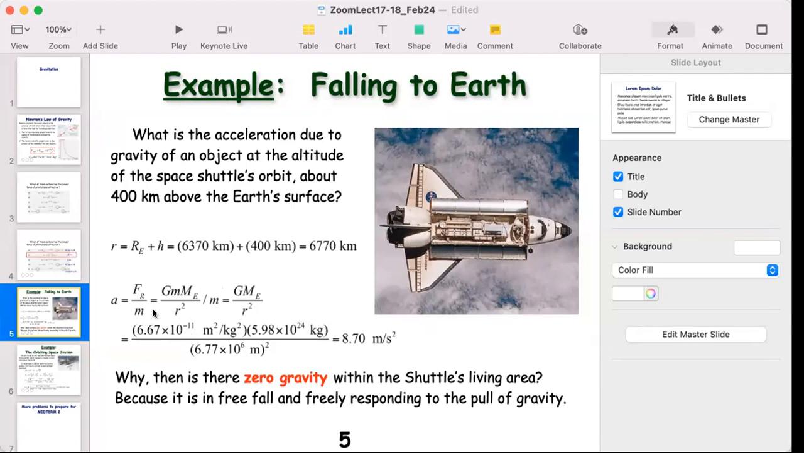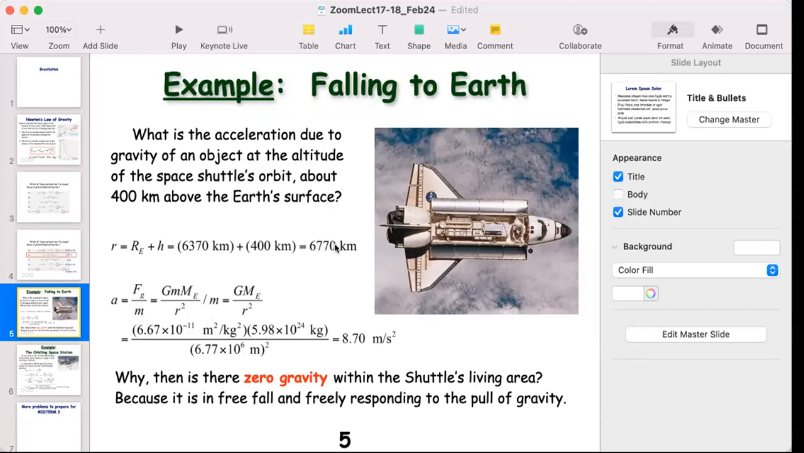So we know the value of G, which is this one. We know the value of the mass of our planet, which is this one. We divide by the distance that we just found before. You need to make sure when you do this that you keep the units